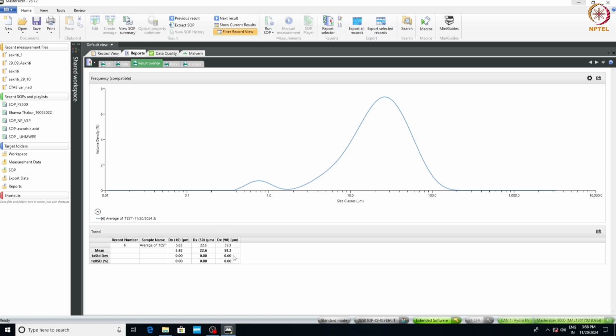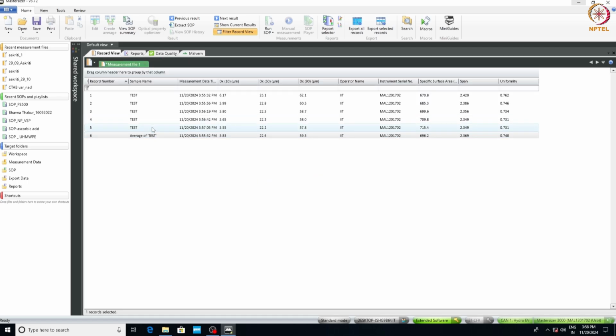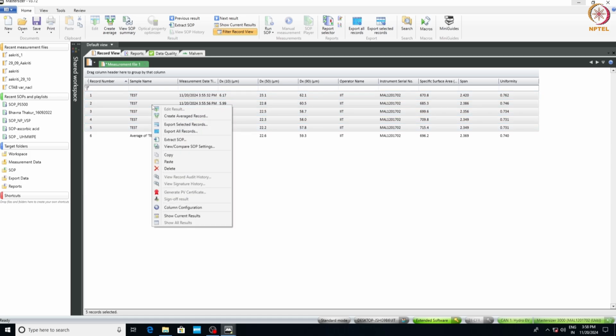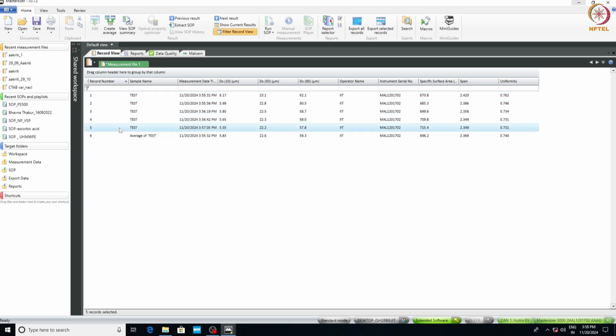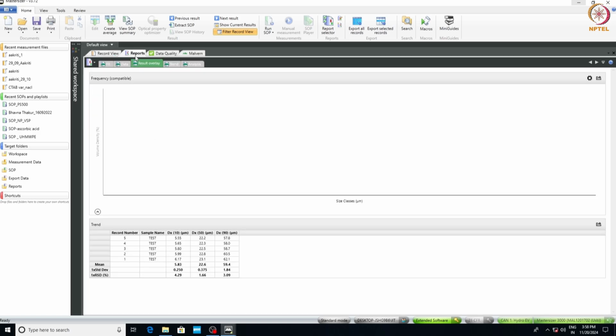Sometimes you may need to select multiple measurements to calculate errors, standard deviations, and other parameters like the surface weighted mean diameter D32. Here we are selecting the 5 measurement files. Go to the report.